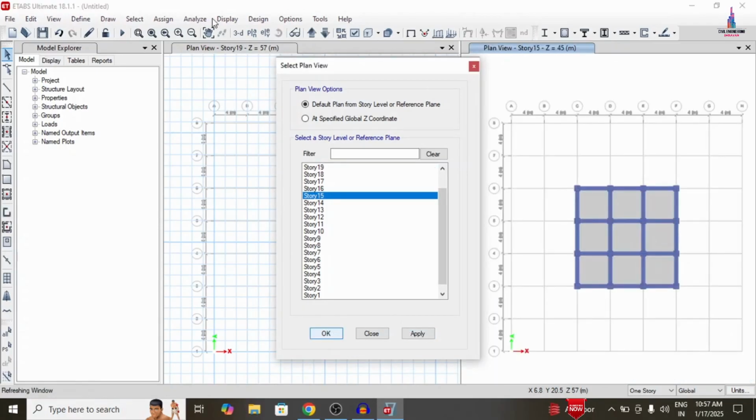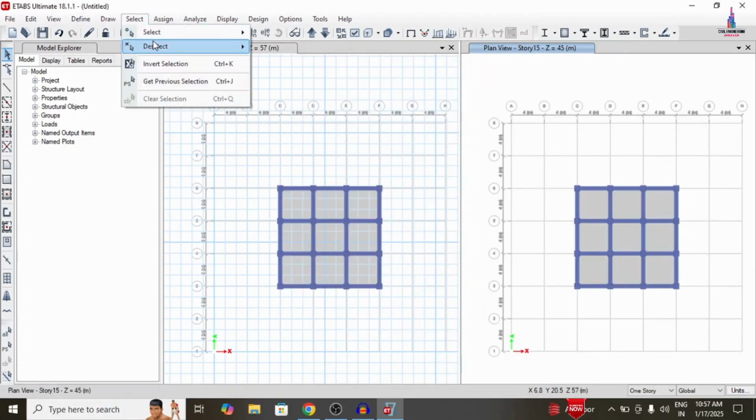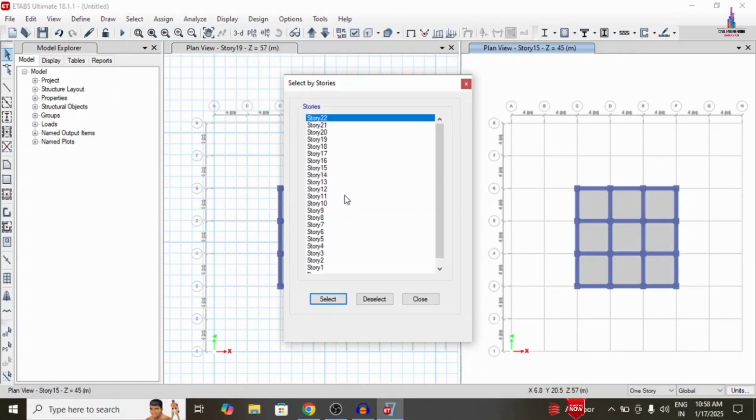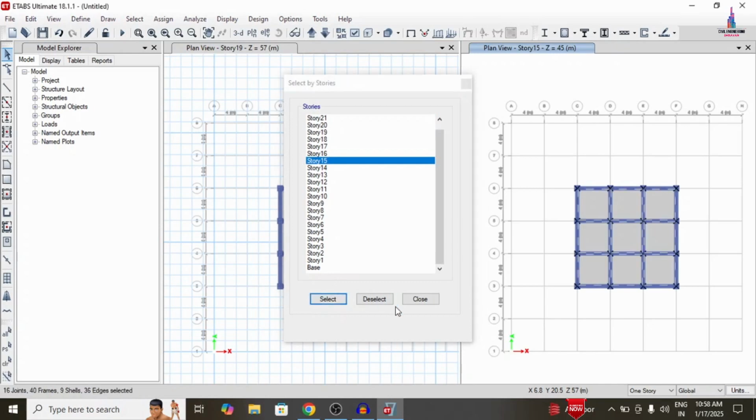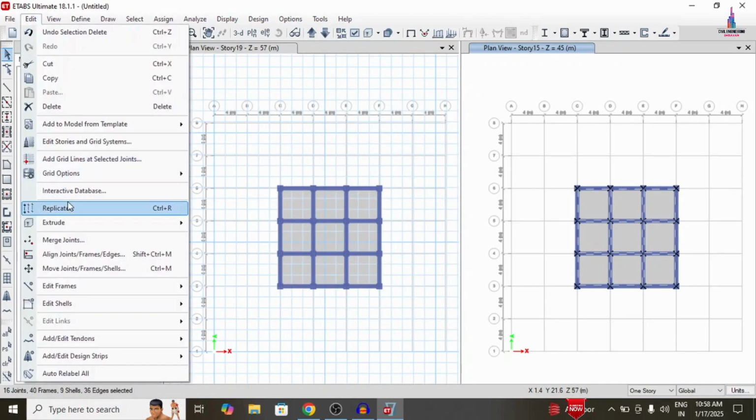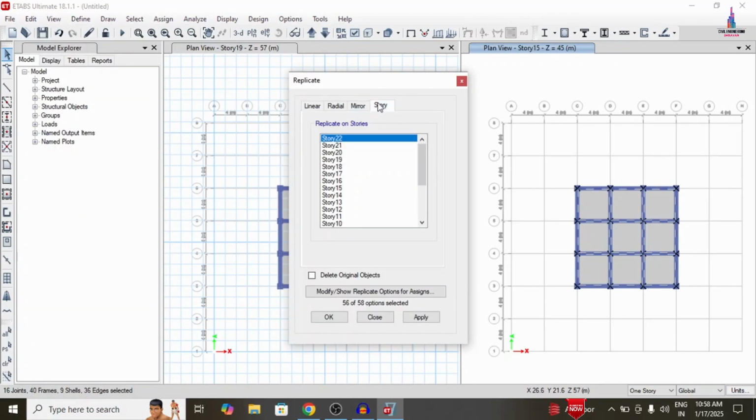Just I am selecting OK. Go to select option. Just I am selecting story number, which is of the 15th story. Select here, go to edit option, replicate option. So we will apply the story number to 16 here. Click on apply. So after that we have to click on the OK option for that particular building structural model